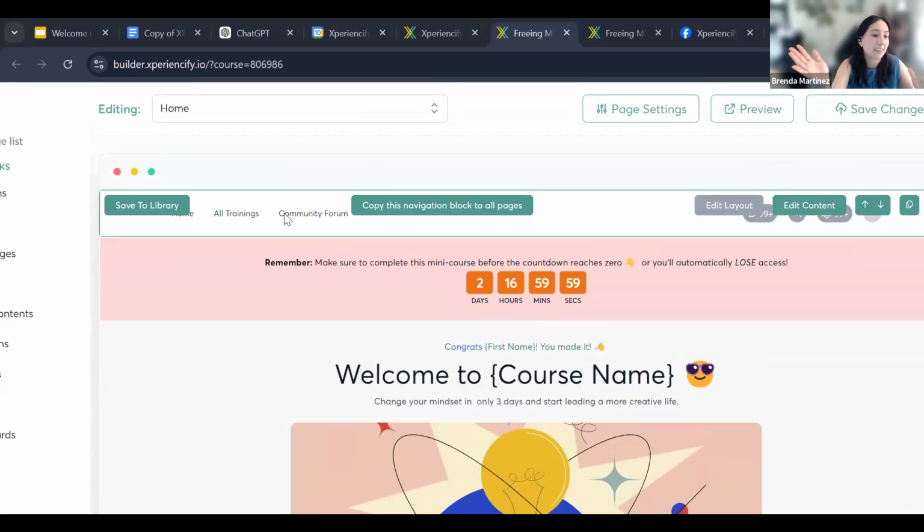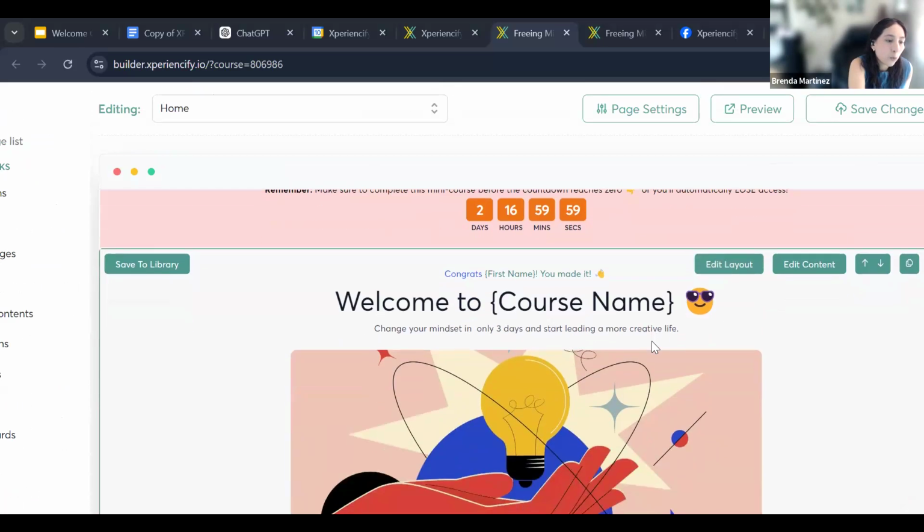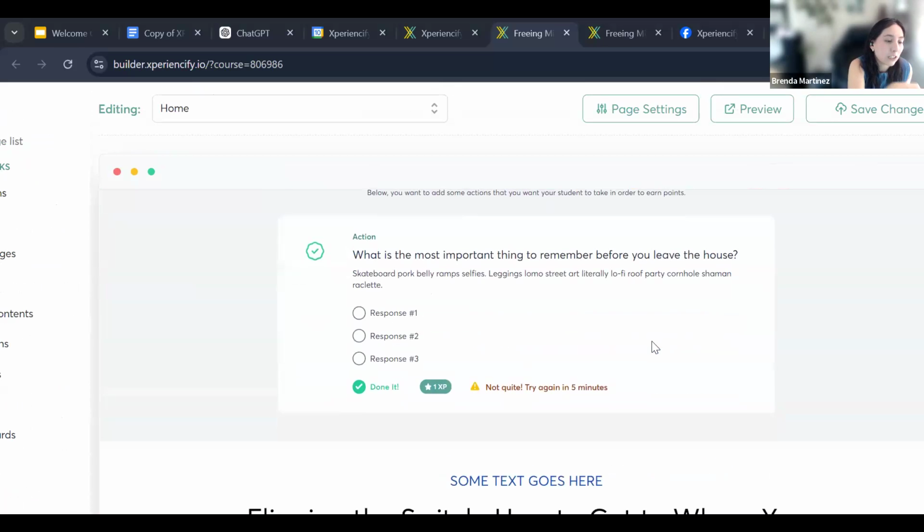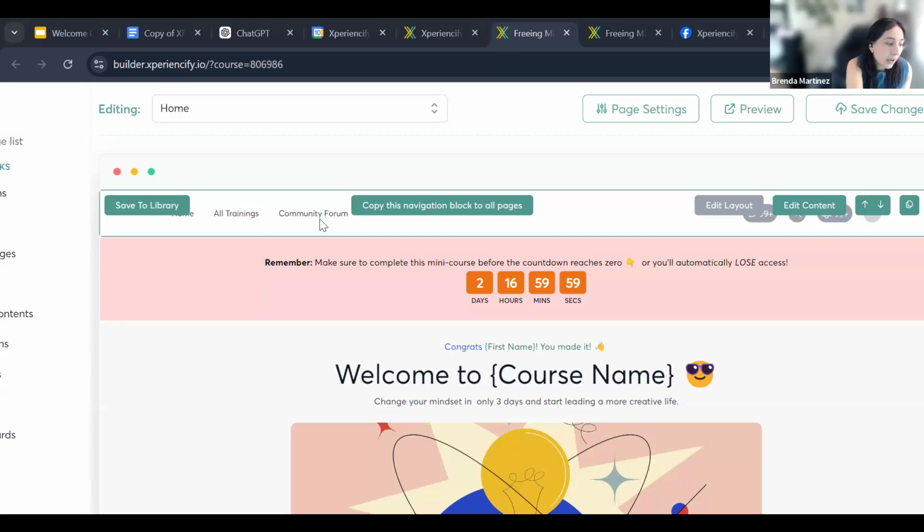So they only have access to going to the homepage or to the all trainings page, and they need to complete each training and go back to the all trainings. Just hear me out. You have your single training page, right? So you can make it a way that after they complete all the trainings in this, you will unlock here